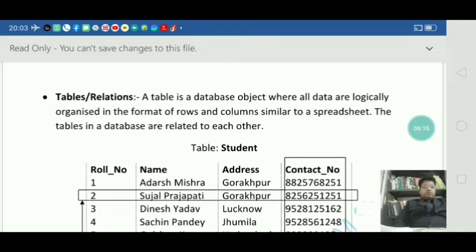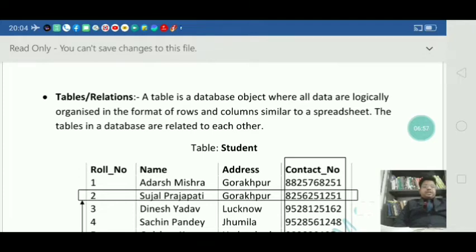So each table is one relation, and the number of relations you can create depends on the amount of data and how comfortable you feel handling it. There is no limit on how many relations or tables you can create, but you should have sufficient space to store all the tables.